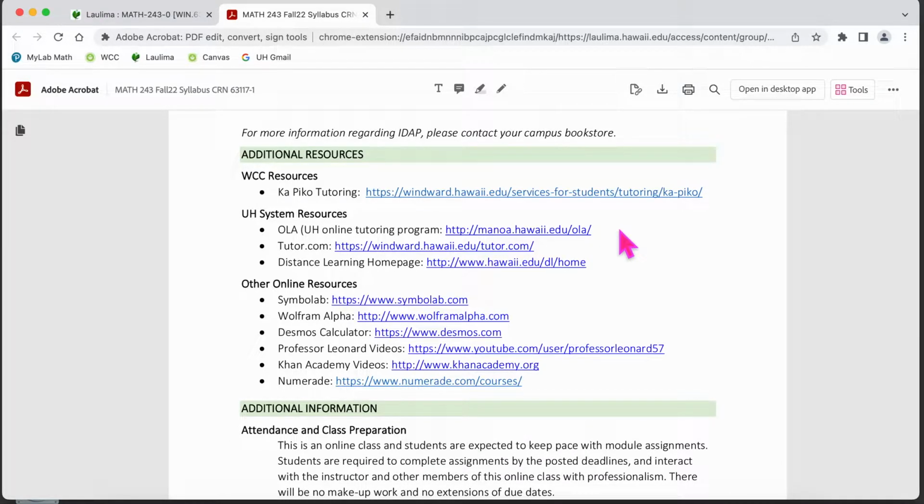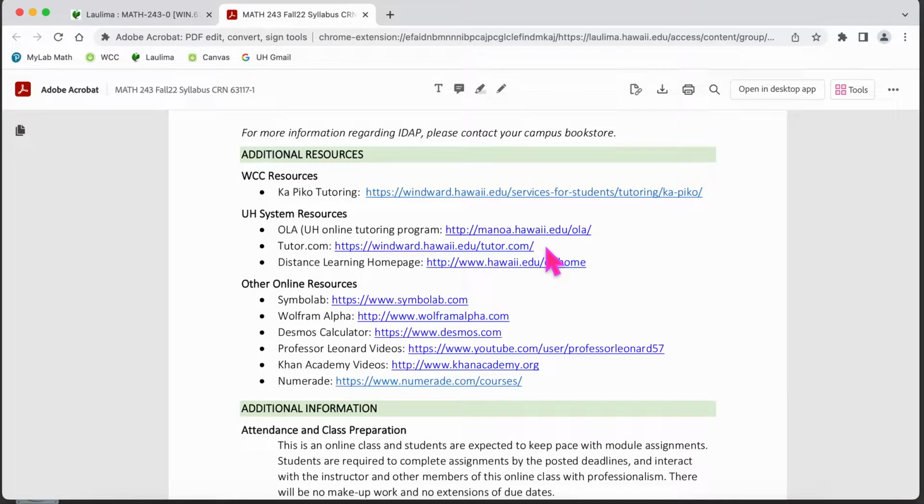OLA is an online tutoring program during the regular semester, and it's through UH. Last time I checked this link, they were still uploading information, so I'm not sure what kind of tutors are available or what their services are for this coming fall semester. Tutor.com is 24/7 live tutors.